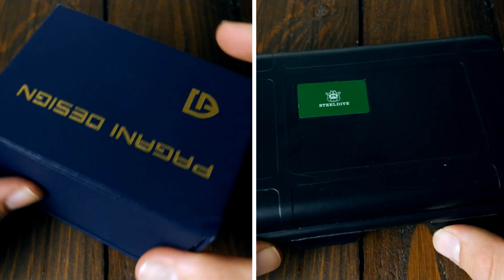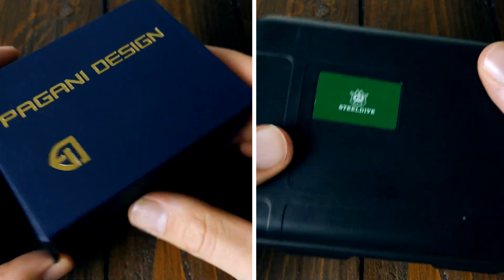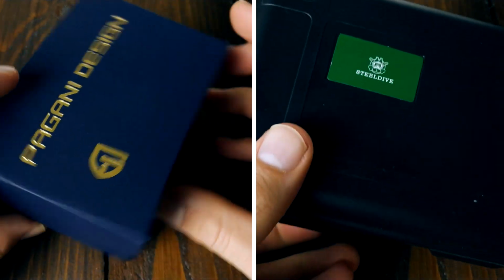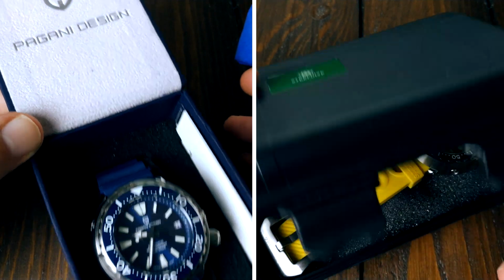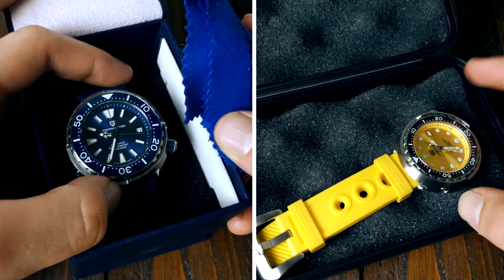So firstly, we will start from the packaging. Both of these watches came securely in their own type of packaging. The Pagani Design comes in this cardboard box. In my opinion, it has a little bit of a nicer presentation than the Steeldive, which comes in a plastic